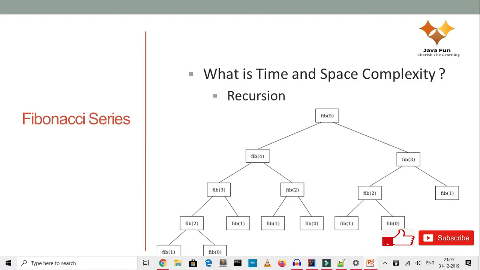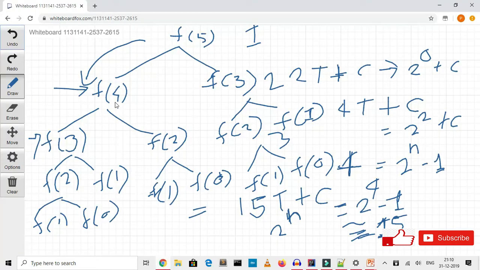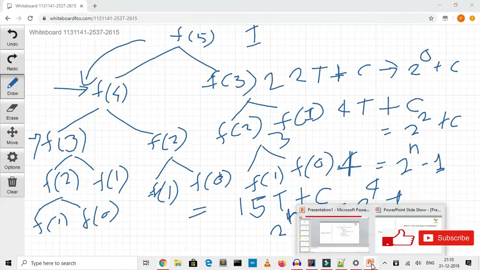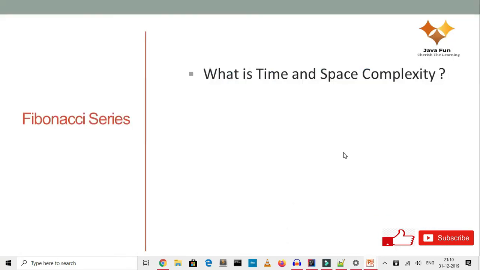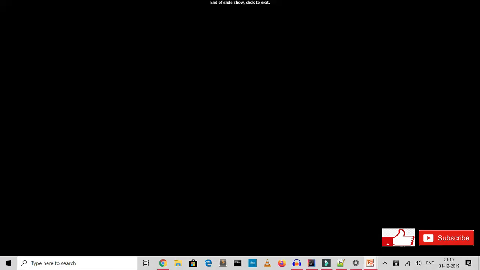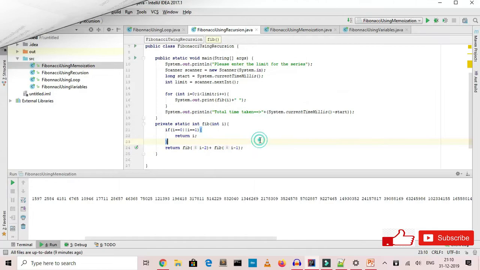And in the case of recursion, that is something that we saw just now, how your tree is going to explode into the stack. So that is basically how it gets called. Now, as we said, its time complexity is 2 raised to the power n. Space complexity is again O of n because you're storing the values there. So this is basically using